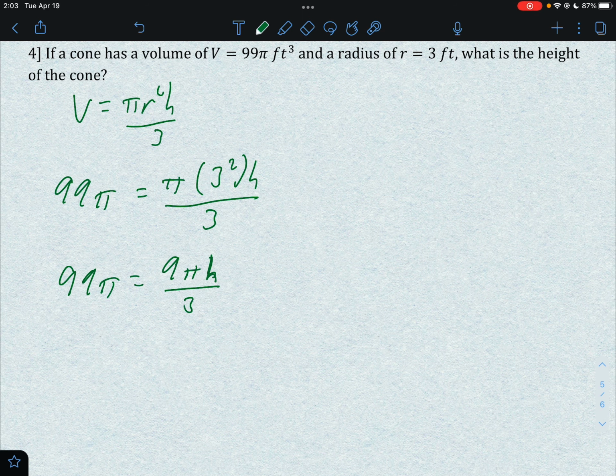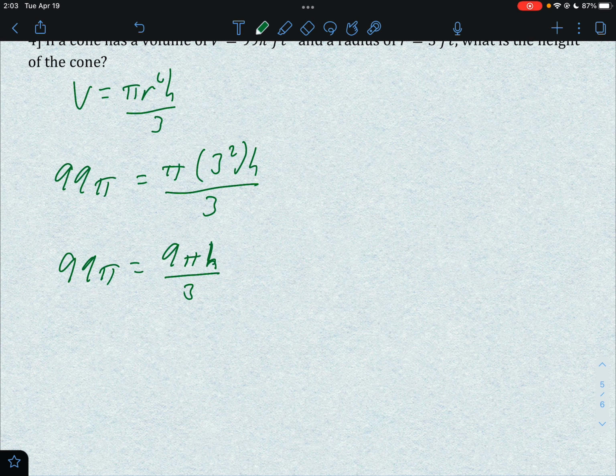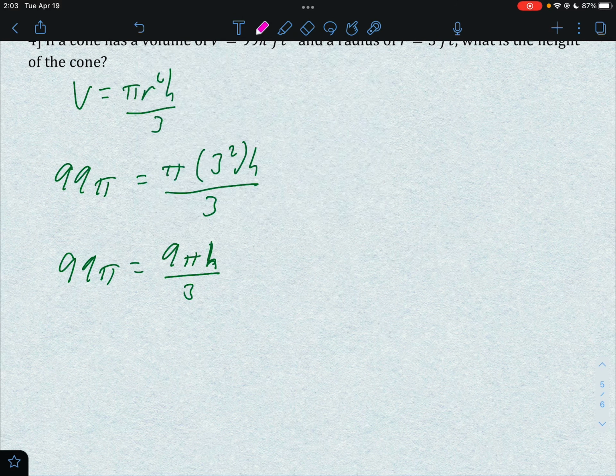All right, at this point, we have a lot of different things we could do. It really doesn't matter what order we do these in. We could multiply both sides by 3 to get rid of the 3, or we could simplify the 9 over 3, or we could divide by 9, or we could divide by pi. Any of those things are fine. I'm going to start by multiplying both sides by 3,